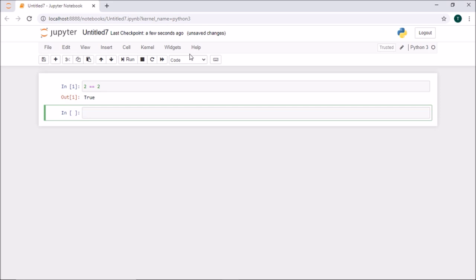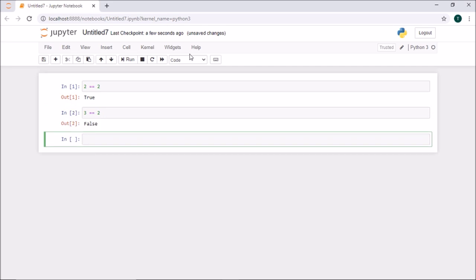Okay, if I write 3 equal to 2, what will be my answer? It is not true, so I will get false, right? I can write another thing: 3 is not equal to 2.